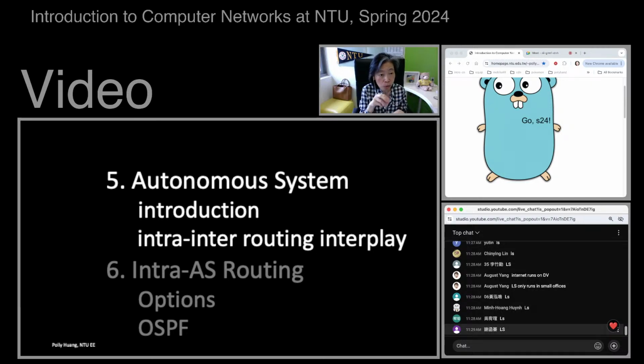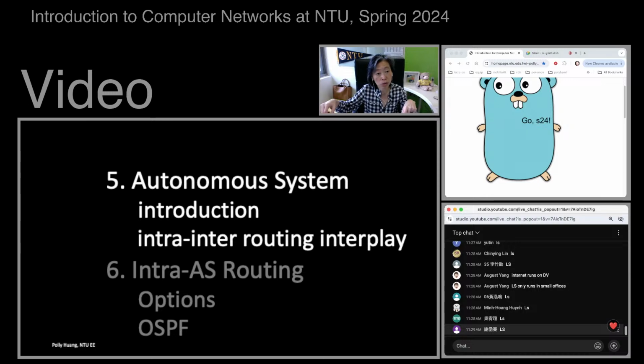At the lower level, we have individual routers, and a few of them networked together under the same administration will form a system called the autonomous system. So within that system, these routers will be controlled by the admin of the system itself. Okay, and so the operation is autonomous. Another system, another AS, will run autonomously. Okay, so each system can choose whatever